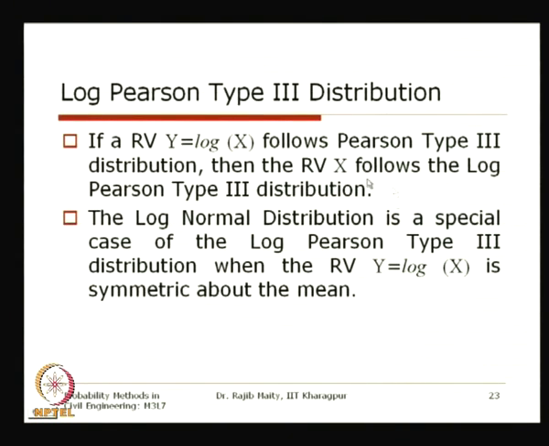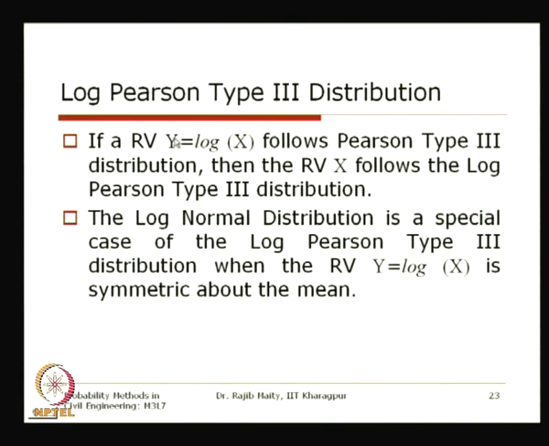Similarly, for the Pearson type 3 distribution, when we have some extreme values and we take the log, then it fits the Pearson distribution. The original random variable is then said to follow the log Pearson type 3 distribution. So we can make a correspondence between normal and log normal, and Pearson and log Pearson type 3 distribution. If a random variable y equals log x follows the Pearson type 3 distribution,